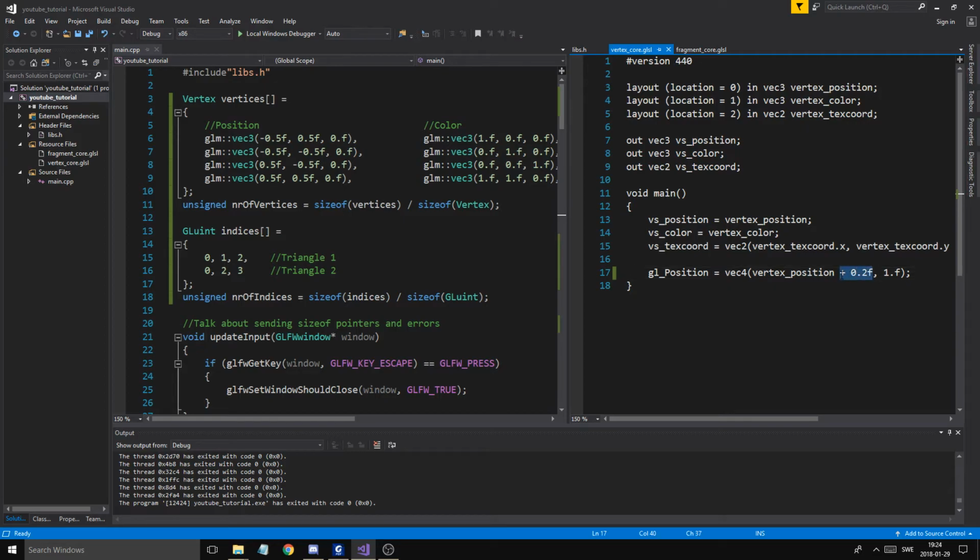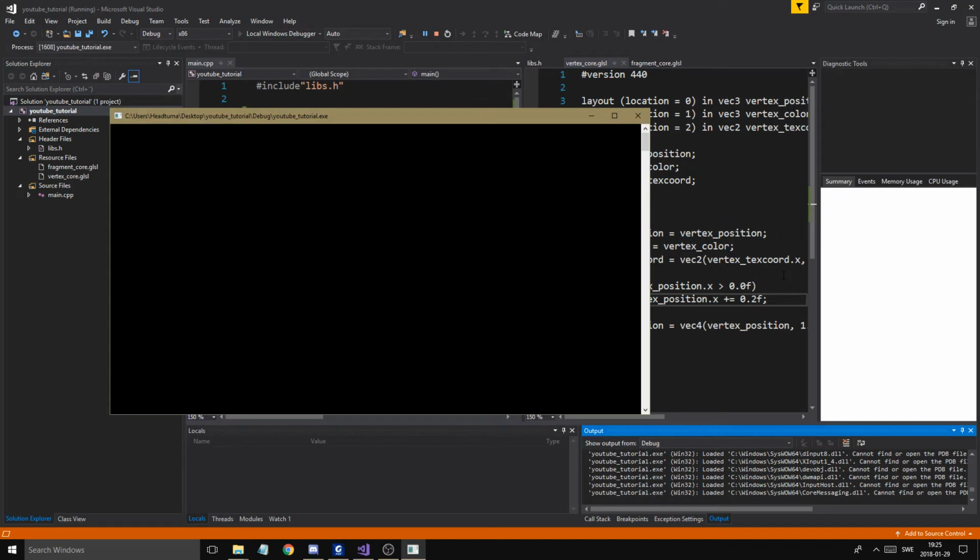You don't usually want if statements in these beautiful lines, but I think you can if vertex position dot x is greater than 0.0f, then I think, if this doesn't work, try to play around with something similar. Plus equals 0.2f. This might not work because this is probably not how you